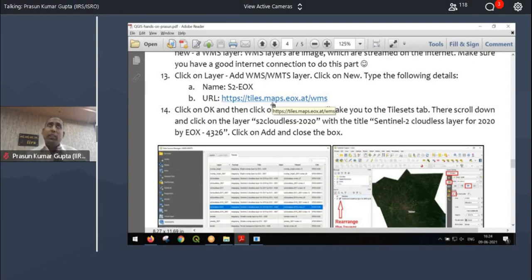So what is WMS? WMS is basically raster data which is published on the web. Published means which is available on the web. You cannot download it, but you can consume it in QGIS. This is a small difference. Download means you will have it like a file in your system. But consuming means you will see it in QGIS, but you are not having it like a file in your system. That is the only difference. The next time you want to view it, connect to internet and it will be there, available to you. But it cannot be downloaded, but rather it is being streamed on the internet.